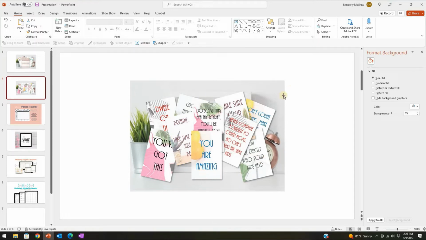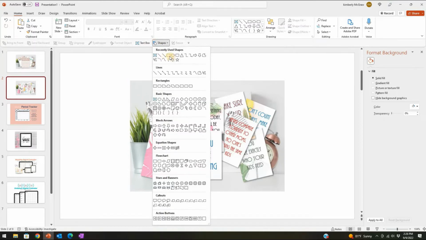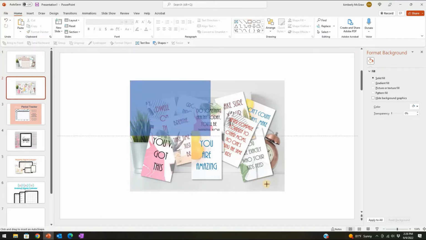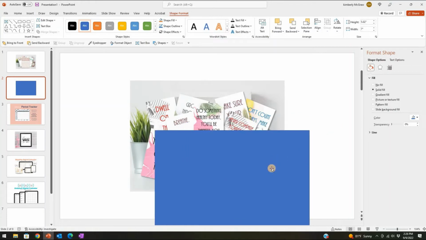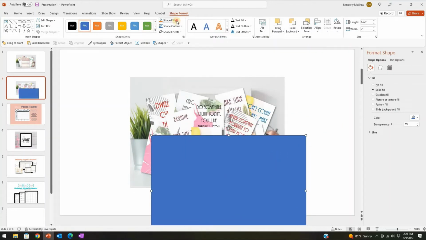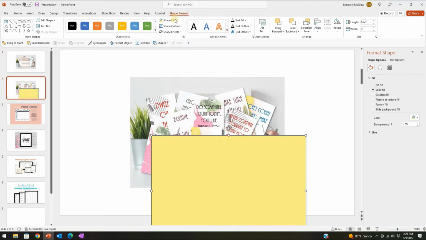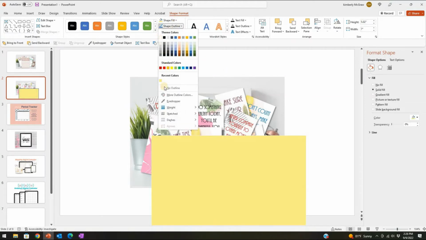So this is something that you can do without using a mock-up. You can just use any background picture. Again, I used the same one that I had up here. If you want to do this, you could just do a regular shape. Just to give you an idea. Move it off here so I can grab a picture. So if you want to do a shape fill, you can do, I'd say, yellow, let's just say, and we'll,